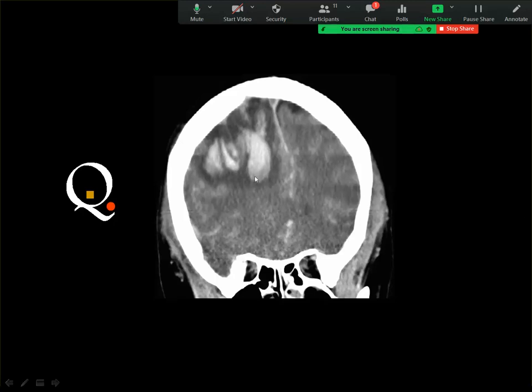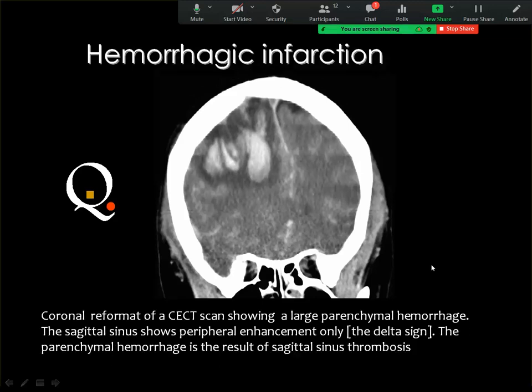So I would prefer the diagnosis of the hemorrhagic infarction, especially if you see that the superior sagittal sinus is showing the classic delta sign, or what looks like a filling defect, even if you are not injecting contrast material. So the diagnosis is the hemorrhagic infarction, and